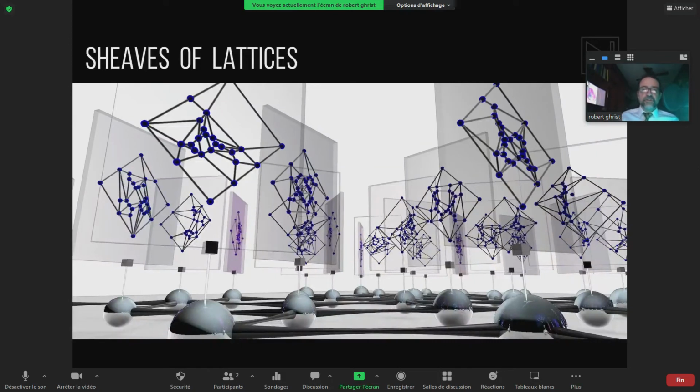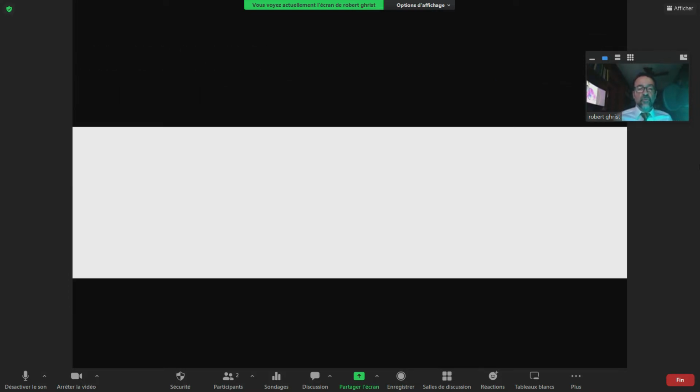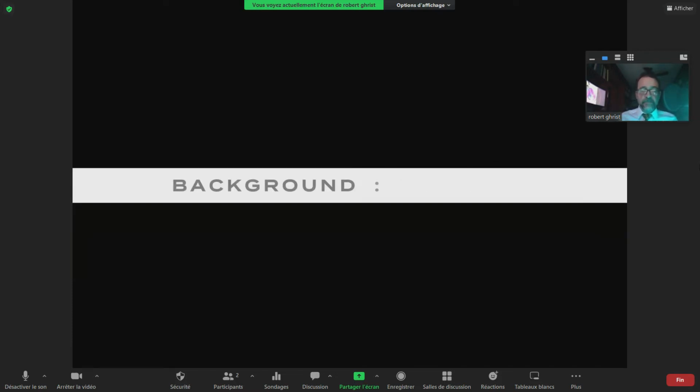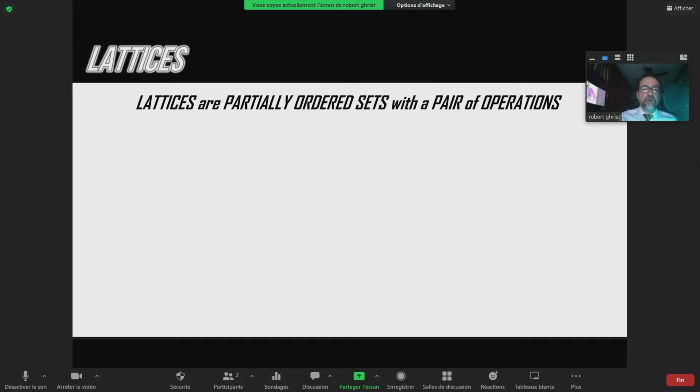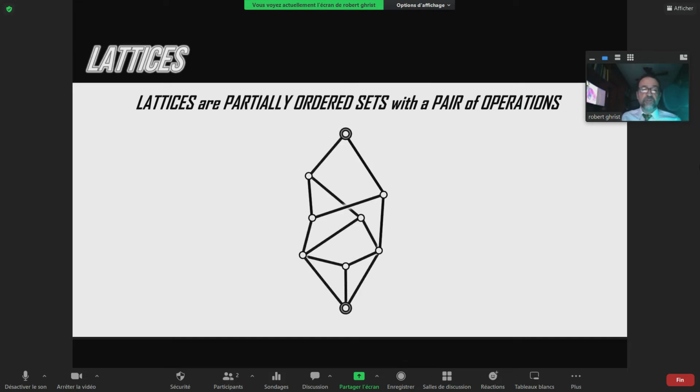This is working with lattices, not the kinds of lattices that physicists talk about, the kinds of lattices that mathematicians work with. Let me give a little bit of background, just because this is a big subject that often doesn't appear in background education. What do I mean by a lattice? What I mean by a lattice is a partially ordered set with a pair of operations that satisfy a bunch